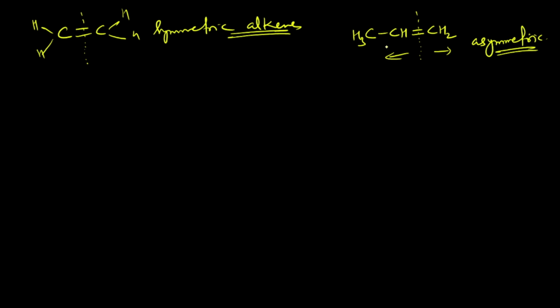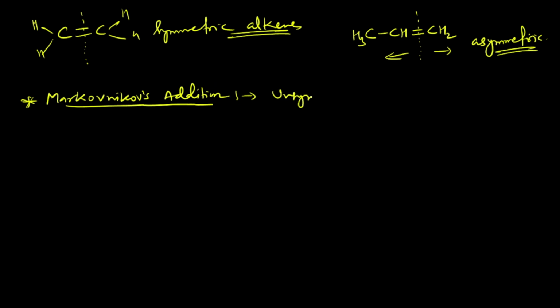But one well known name reaction is there where we know where the halogen will go and where the hydrogen will go, that we call Markovnikov addition. So what is Markovnikov addition? Just write it down. Unsymmetric alkene when reacting with HBr, that is a hydrogen halide, it will give